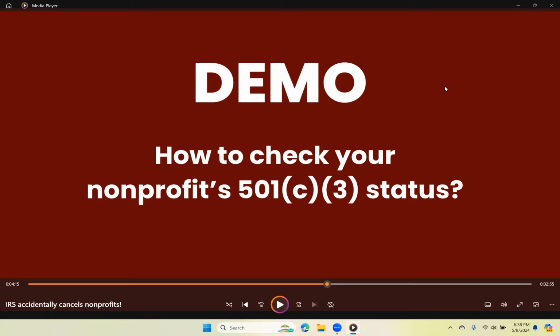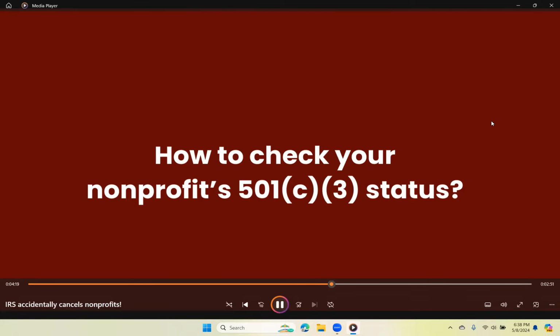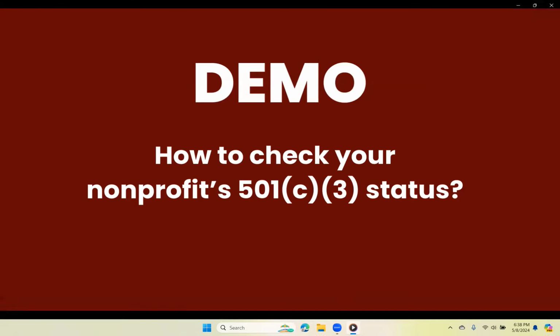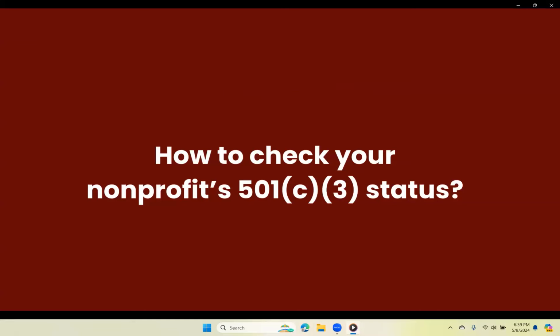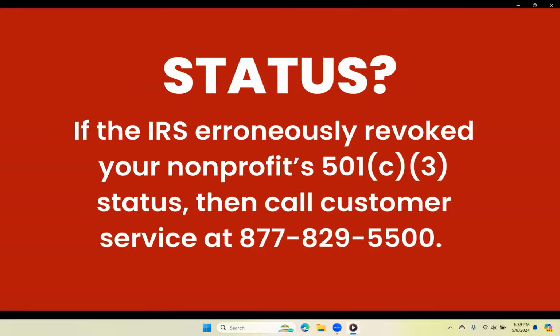Another thing you can't do is continue offering services under the pretense of having a 501c3 designation. That's illegal as well. So again, I just wanted to demonstrate how to check your status because it's something you should routinely do anyway. And if there's ever a time when you want to invest in an organization, now you know how to check their status. You just go to irs.gov, charities and nonprofits, and check their status.